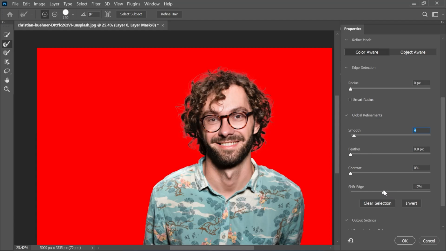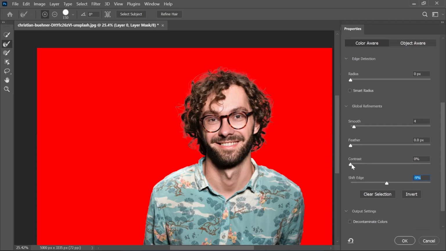I always use some shift edge, just to about minus 10%. If we have that white cast or any white line or any colored line, that gets removed using the shift edge. So I'm just gonna use the shift edge to about minus 10%, minus 9%, and I think that's done. I'm just gonna use some contrast,